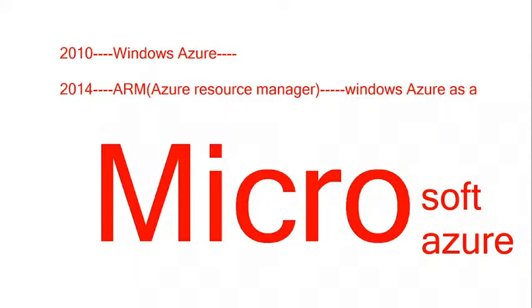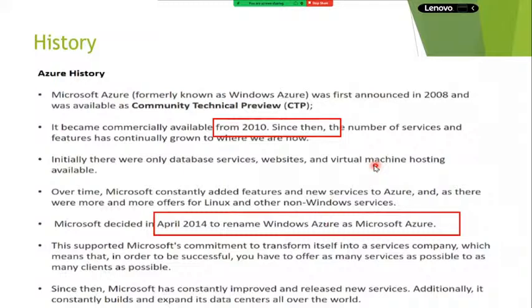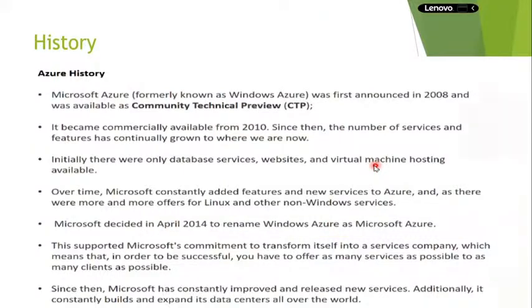So this is the one slide. In 2010 they introduced Windows Azure. Later in the year 2014 they renamed Windows Azure as Microsoft Azure. This is the history of Microsoft Azure.